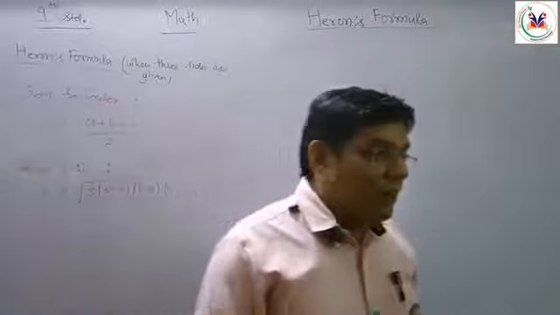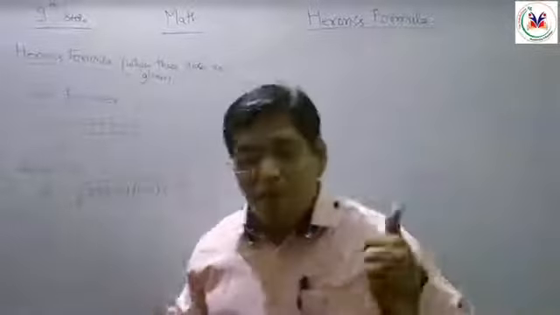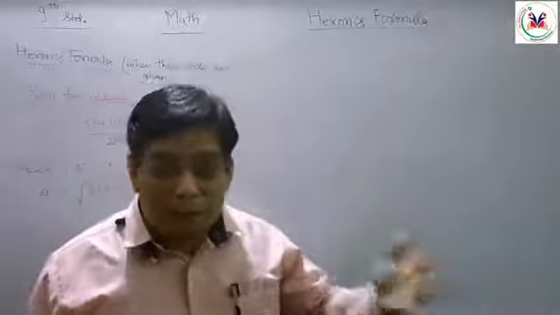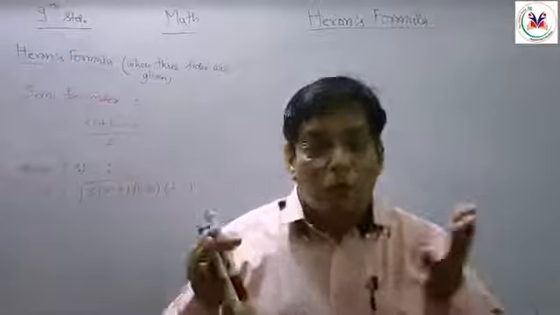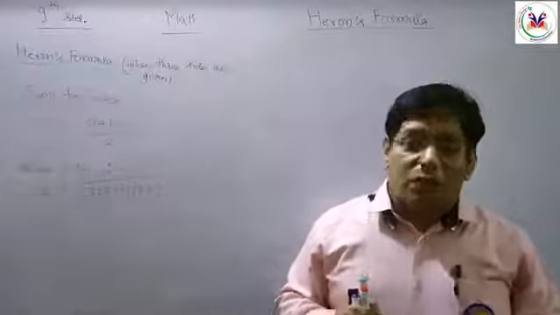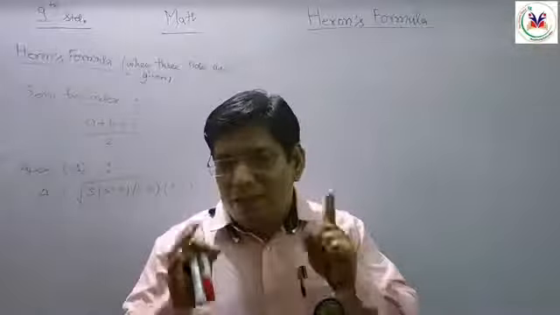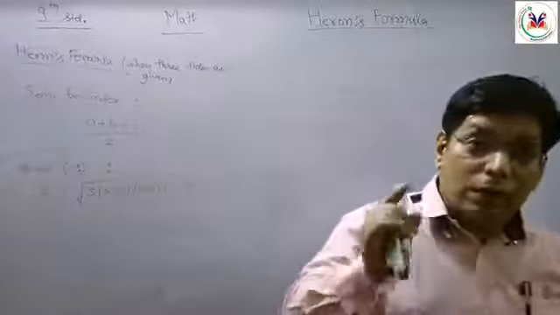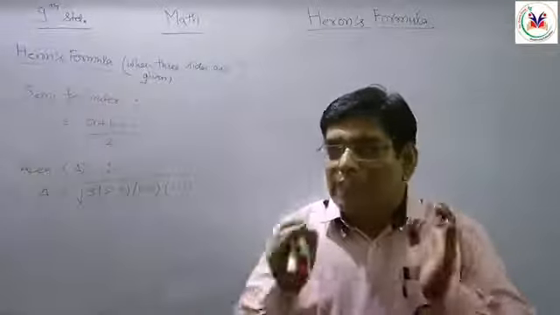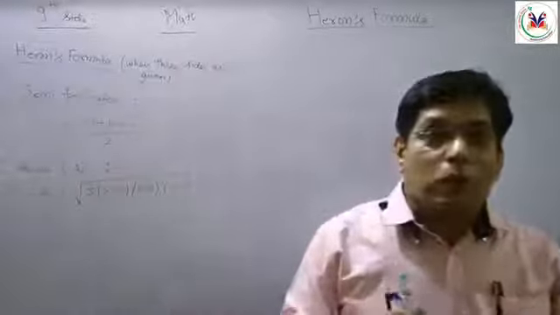When we talk about a quadrilateral, in that quadrilateral we have so many members in its family: parallelogram, rectangle, square, trapezium, kite, rhombus, isosceles trapezium. These are the different kinds of members in the quadrilateral. So we are going to discuss the quadrilateral's area, but by using Heron's formula. In that situation, we go through different kinds of cases, and those cases we are going to discuss.